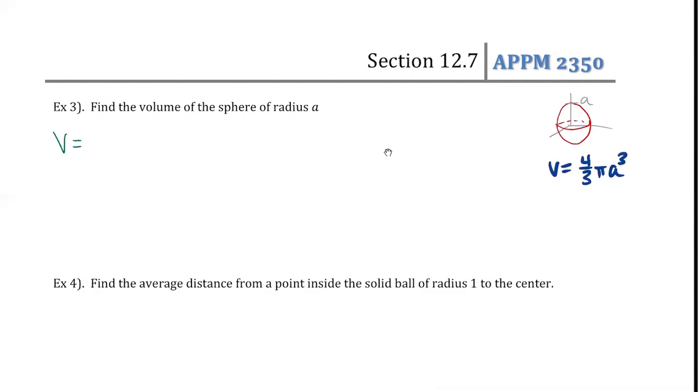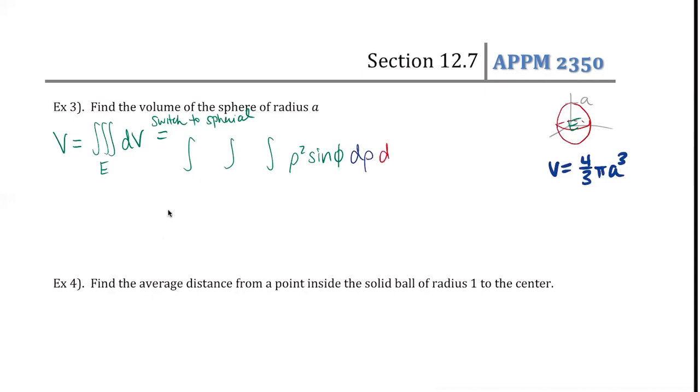So in terms of a triple integral, we're going to call this whole region here E. And if I want the volume, I'm just going to be integrating dV. And we can now set up the bounds that would trace out this sphere. We're going to switch to spherical. Okay, so my integrand is going to become rho squared sine phi. That's the Jacobian piece. And then d rho, d phi, d theta is the recommended ordering I say you try